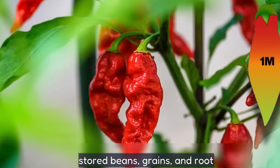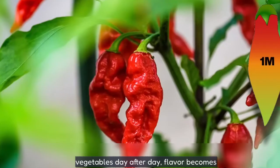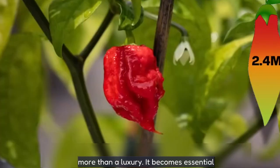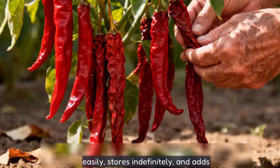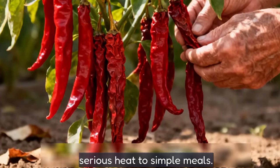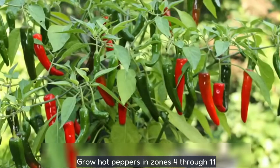When you are eating stored beans, grains, and root vegetables day after day, flavor becomes more than a luxury. It becomes essential for morale. Cayenne Long Slim is the variety I recommend because it dries easily, stores indefinitely, and adds serious heat to simple meals. Grow hot peppers in zones 4 through 11 as an annual, starting seeds indoors early and transplanting after all